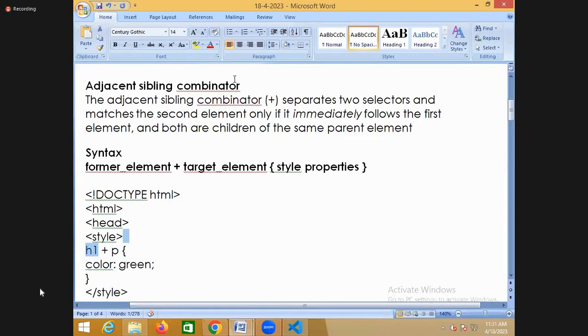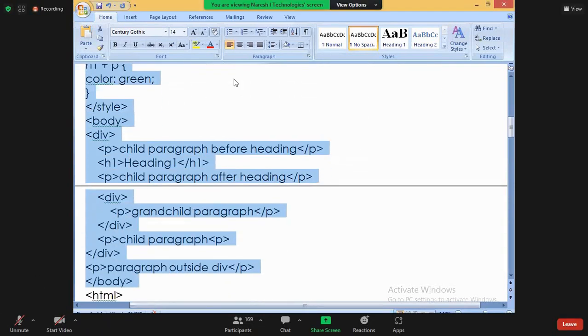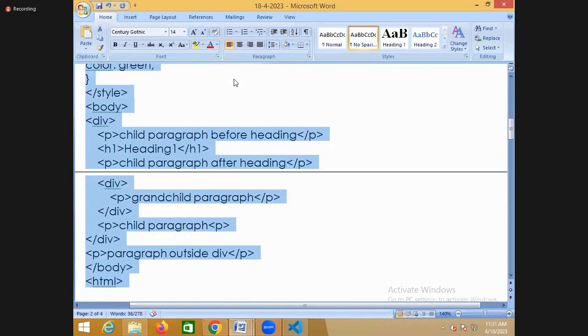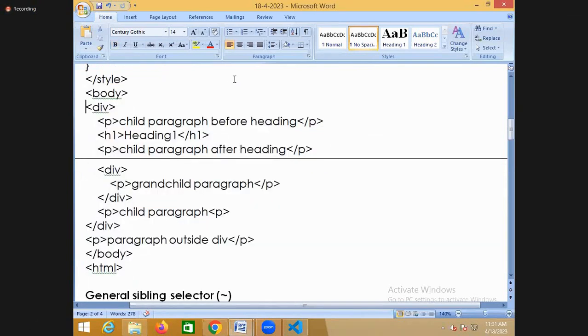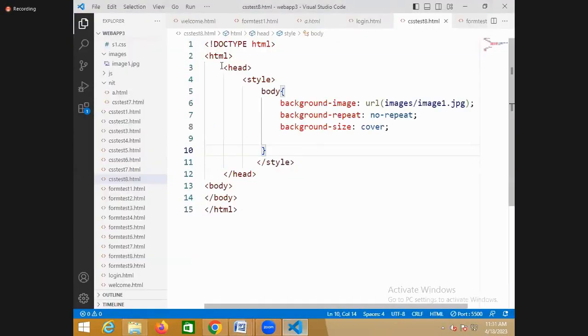So when paragraph color will be green, if it is adjacent of which one? H1. Okay, if it is followed by which one? H1, right? So very simple example here. Suppose